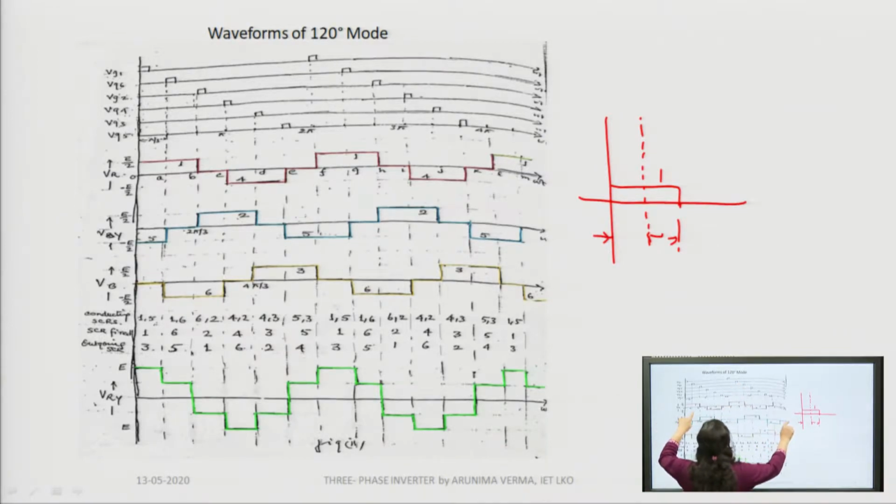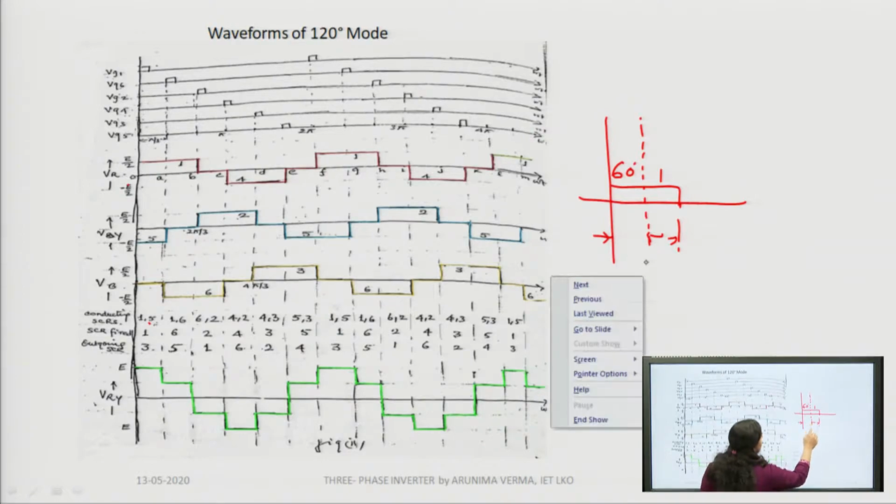Is it clear? Now, in this case what happens is, for first 60 degree along with SCR1, another SCR of different phase will be conducting together, right. And since you are firing after 60 degree interval, you are firing another SCR. So, obviously, in next 60 degree you will have, along with combination of one, another SCR which has been fired. For example, let us take the slot of this one OA. Now, during period OA, as you can see, SCRs 1 and 5 are conducting.